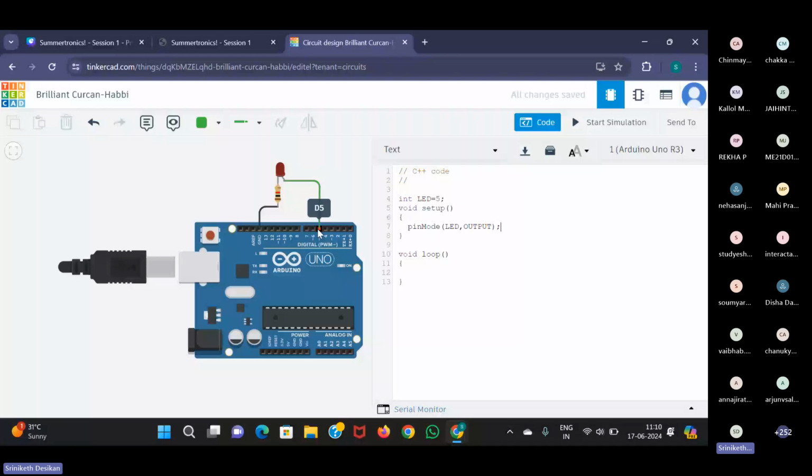So now we want to make the output oscillate between high and low, and this is where the loop comes in. So here, let me introduce you to another function, which is called digitalWrite. So what does this digitalWrite do? It's obvious from the name. It is used to write something onto a digital pin. As I told you, these are all